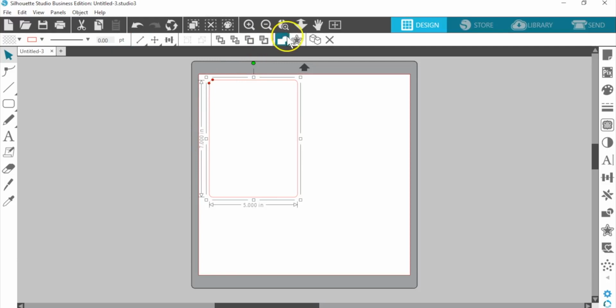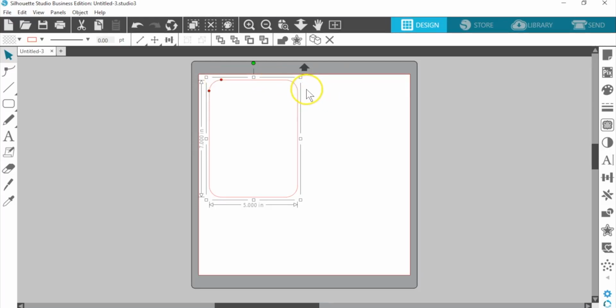Now on a rounded rectangle tool, we can adjust the curve of the corners. So I'm going to hold my shift key while I drag one of these red dots, and that will make sure that they change at the same proportion. So I want it to be kind of a wide curve. That looks good.